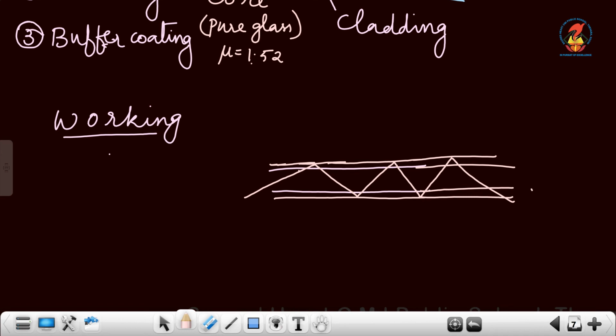And this is how an optical fiber works. Optical fiber works on the principle of TIR, in which the light which enters the optical fiber after passing through the core reaches the cladding. So it is like light travelling from a denser medium to a rarer medium, gets totally reflected, reaches the other side, again from denser to rarer, reflected. It keeps on happening till the signal reaches its destination.